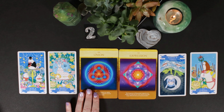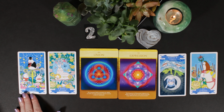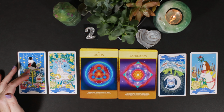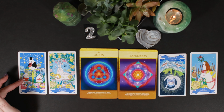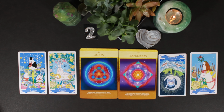I feel like with the union here, we're not forgetting about our soul. We're feeding our soul. We're feeding ourselves. We're growing in that way. And the Six of Coins also is kind of like, I started to talk about cycles, and I'll finish that thought here with the Six of Coins, because sometimes you're this bunny on the top. See, this bunny is handing out carrots. So sometimes you're the bunny on the top who has that money and who can